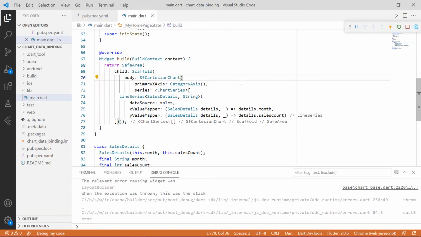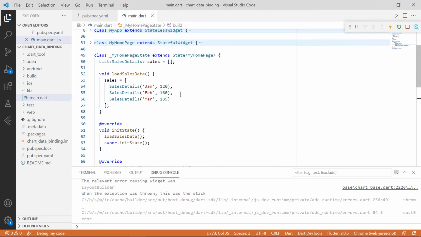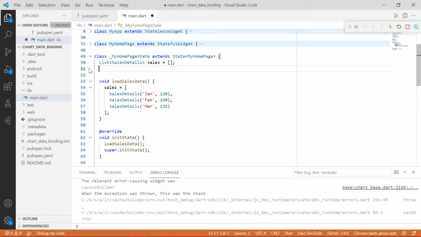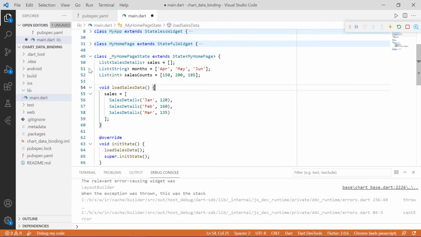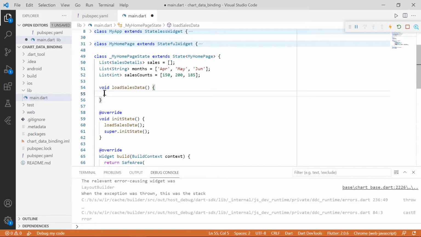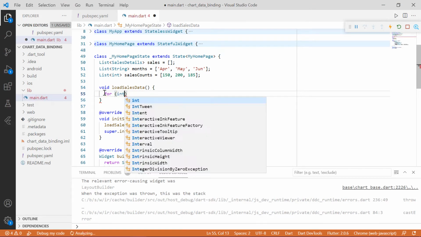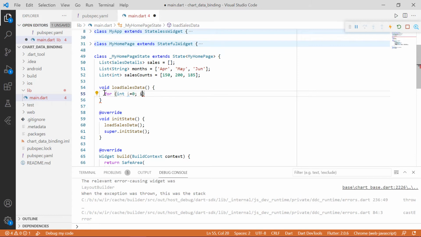Let's try this by modifying in our example. Define two lists and add some random data to it. In the loadSalesData function, clear the data and add code to iterate the predefined type lists and push the data to the sales variable.